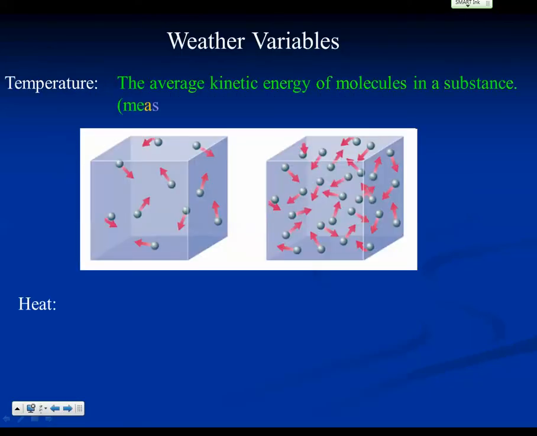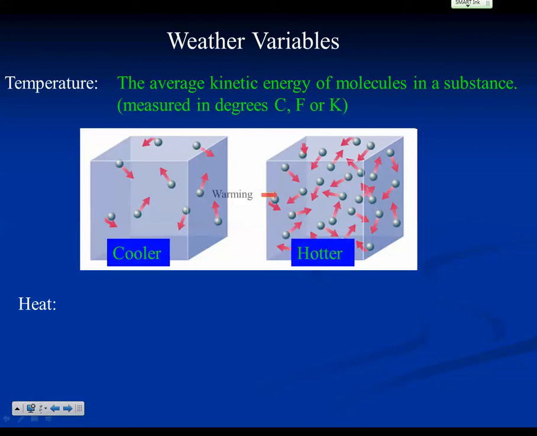Okay, temperature. Focusing once again on temperature. Temperature is the average speed or kinetic energy of the molecules in a substance. That can be measured in degrees Celsius, Fahrenheit, or even Kelvin. You can see in the picture on the left, the cooler temperatures, there's less of those molecules and they're moving slower, whereas on the right, this is a hotter substance, or hotter gas, and the molecules are moving around faster, there's more of them.